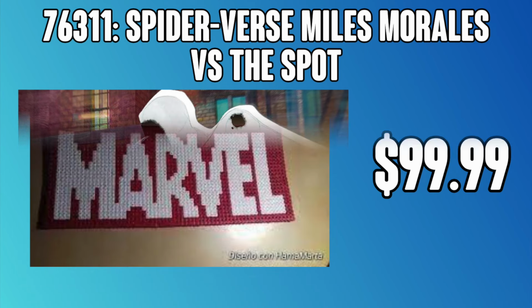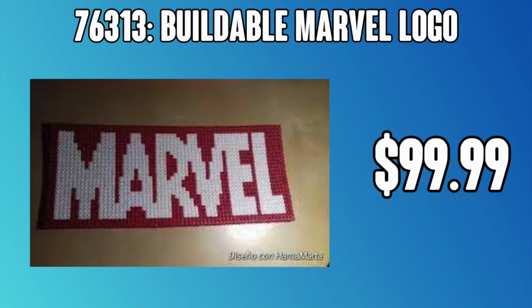Now, jumping way up to $100, there's a rumored buildable Marvel logo. Now, no offense to the creator that made the one I'm showing here, it was just the first thing I could find at a quick glance. I have to imagine it would be a little bit more robust and bigger and more grandiose than what we see here, but it's a pretty good representation of what can be built with LEGO as far as the Marvel logo goes. At $100, I would be shocked if this didn't come with at least some kind of commemorative minifigure,